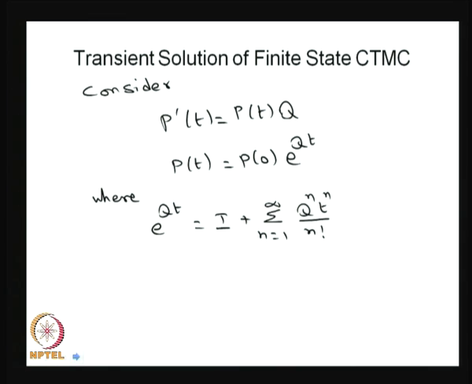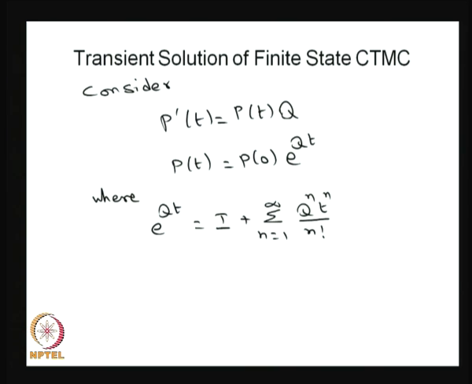P of t is the matrix, P of 0 is the matrix, e power Qt is also again going to be a matrix, the exponential matrix. Therefore, e power Qt, where Q is the matrix and t is a real value greater than or equal to 0, is going to be I matrix, the identity matrix of order whatever the state space size, plus the summation n equal to 1 to infinity of Q power n times t power n divided by n factorial. That whole thing is the exponential matrix,